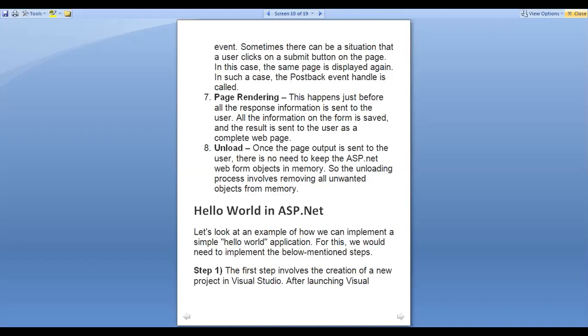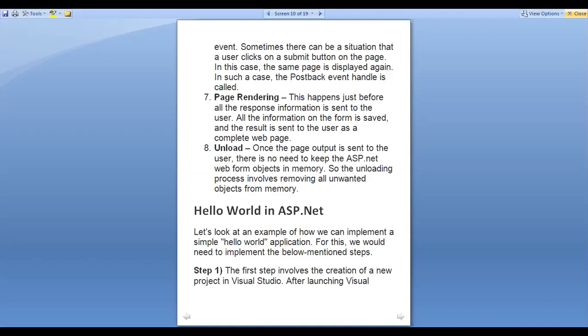It means I need to render that output on my client machine. And that's what we have to perform with the help of this page rendering. So this happens just before all the response information is sent to the user. Like all the information on the form is saved and the result is sent to the user as a complete web page.